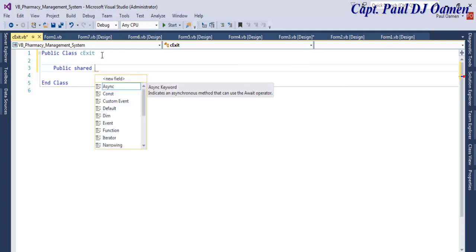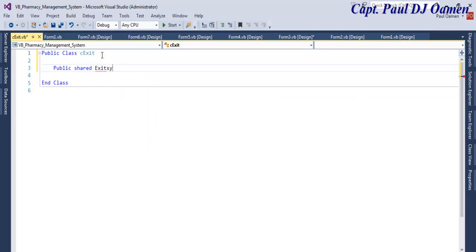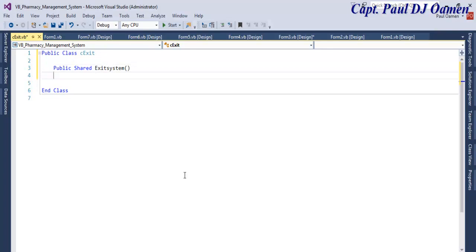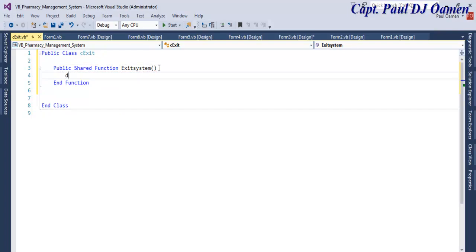Shared, let's call it exit system. That's meant to be a function there. Now it's function exit system, and then underneath here let's declare as follows: dim